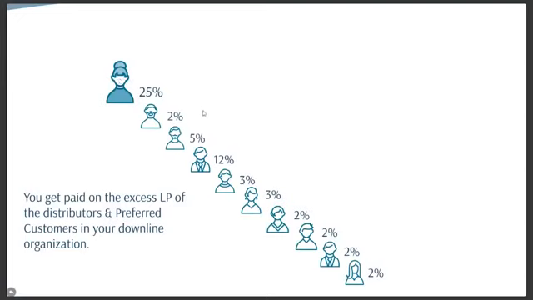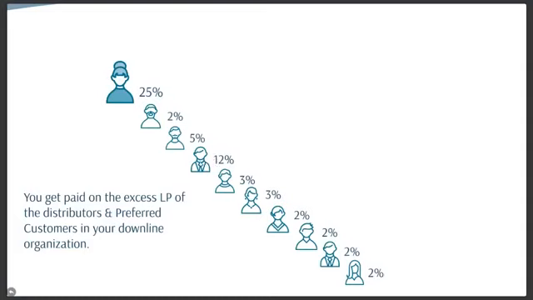So let's look again at this person on your third level, for example. Say that they do an order of 200 LP. Because they're on your third level, you would actually get 5% of their first 100 LP. But on their excess LP, because they're occupying 25% here, we would then work backwards with those percentages.